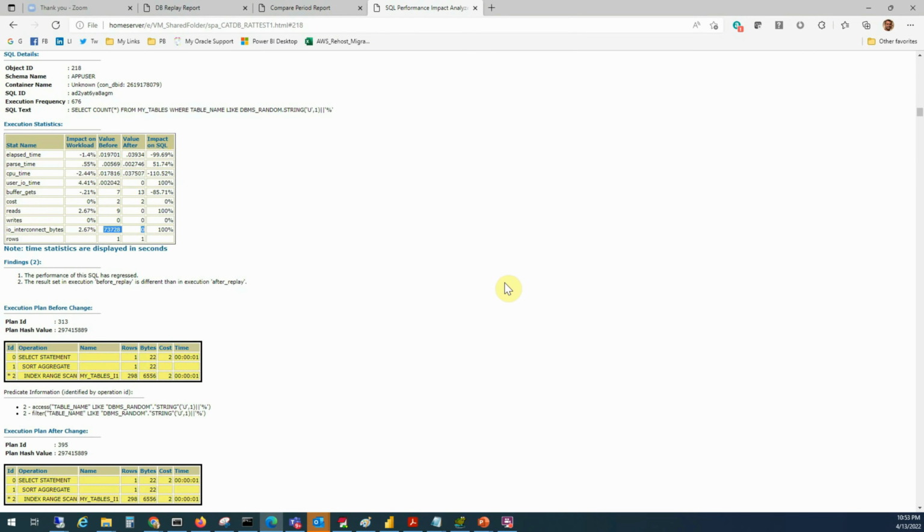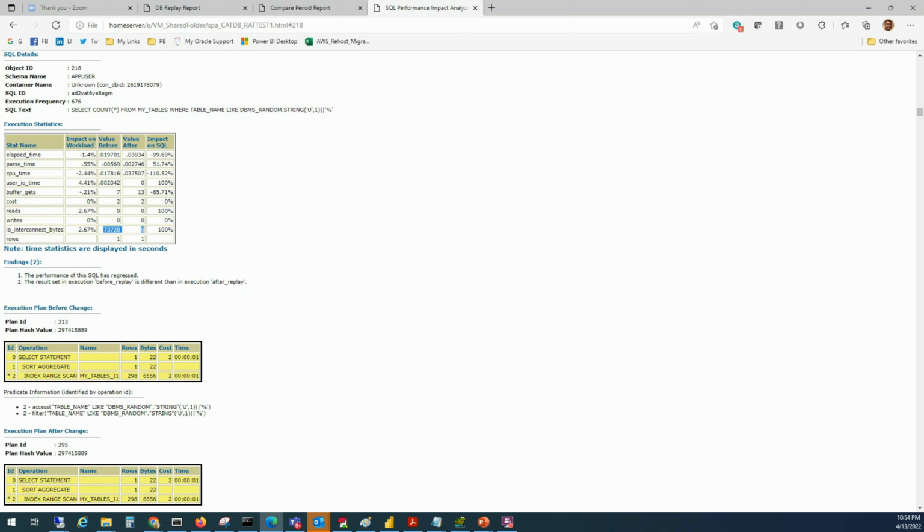And now it's up to you how seriously you take fixing that regressed SQL statement. If it's a regular SQL statement that runs a few thousand times or a few hundred times every day, then probably you should pay more attention to fixing it. But if it's an ad hoc SQL statement, probably you don't have to pay much attention and you can simply ignore the regression here. For the important SQL statements that come from the application and where the performance is really critical,